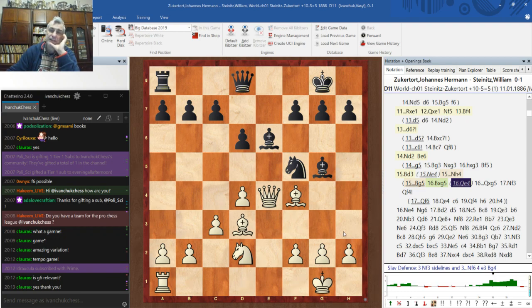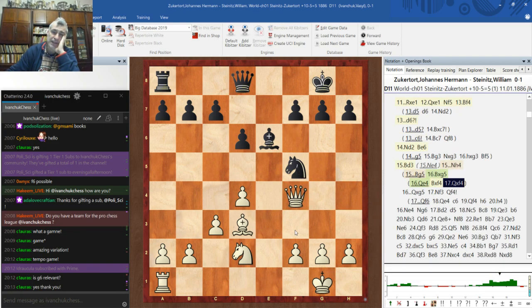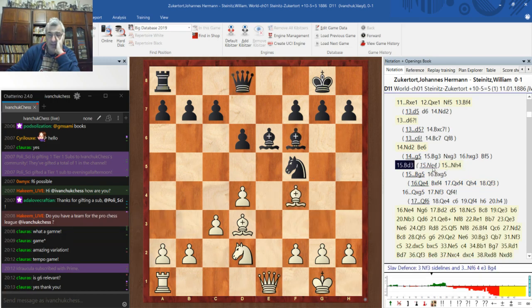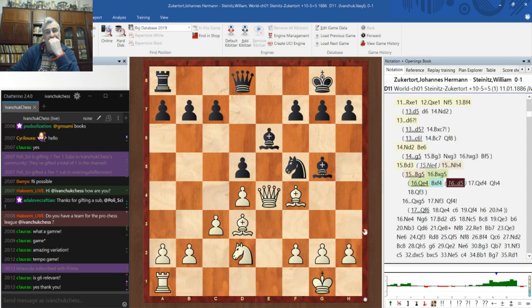But important that after this queen h4 doesn't work because queen f3. White has double attack. Pawn is hanging, knight is hanging. So probably queen e4 is the best way. Black can try knight d5. Now after bishop g5, queen takes g5, important that knight d2 is hanging, and white has no time for queen